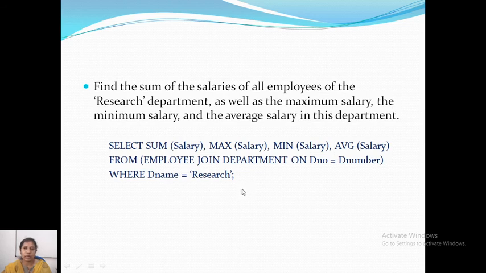That is the condition you are applying on this result. So you have to write D name equal to research in the where clause. If you are finding only for a specific department, like the maximum salary, then you can use that condition in the where clause.